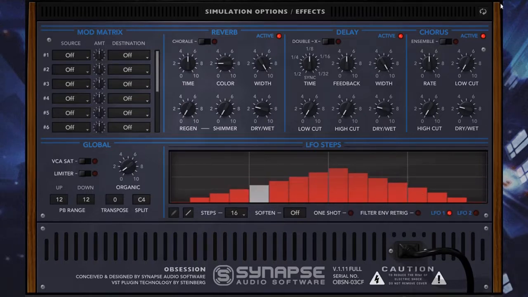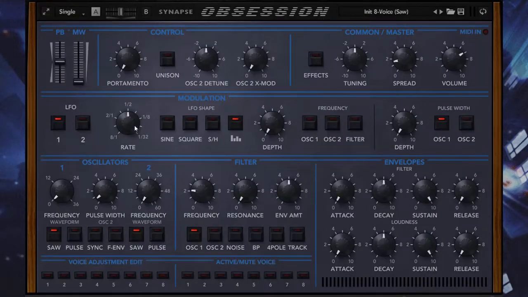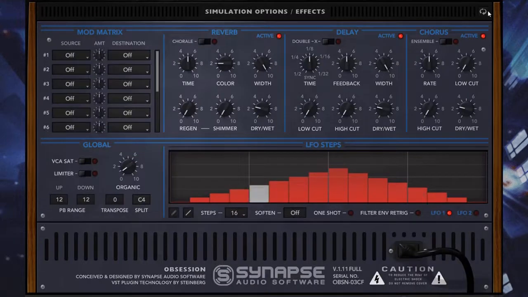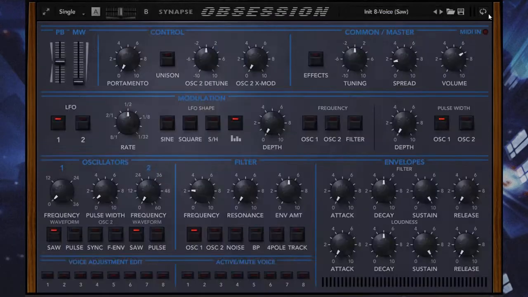You see that? Okay, so it's like another LFO shape, as you can see. Sine, square, sample and hold. And this is the third shape on the back panel that can be drawn in. And it can actually be drawn in some complicated ways, and I'll go over that more when you go in the back panel. But this is your LFO depth right here,